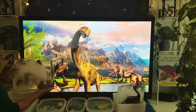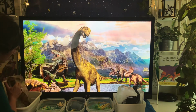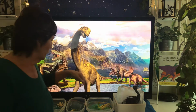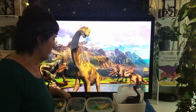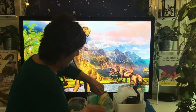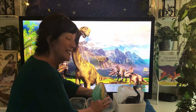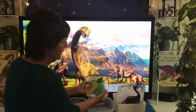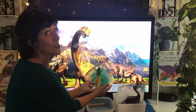I also stuck some insects in there because I thought that would be cool to see what that looks like. Then I thought, hey, what if I add a little bit of food coloring? Remember, grown-ups help because that stuff is kind of messy. You just need a couple drops. And I decided to put that right in the water to see what that would look like and see how things freeze. So I only had a couple dinosaurs at home, but then I did this giant,